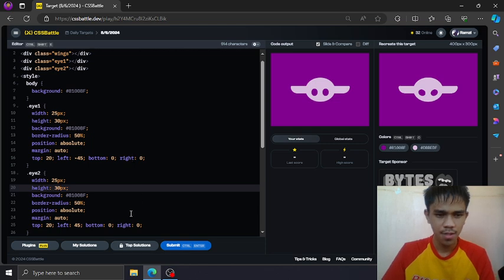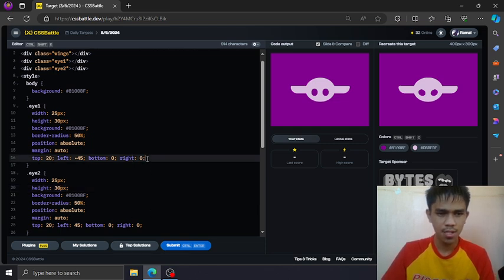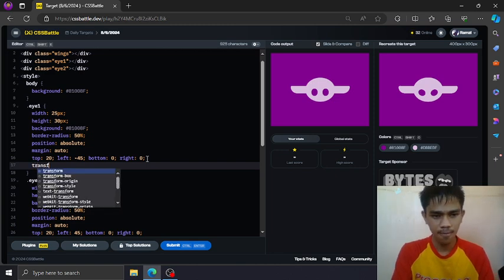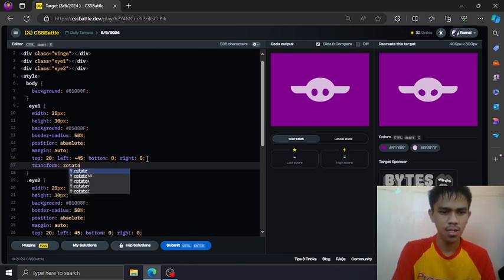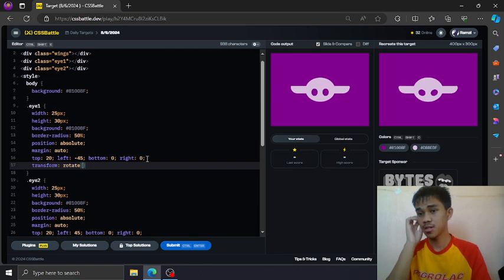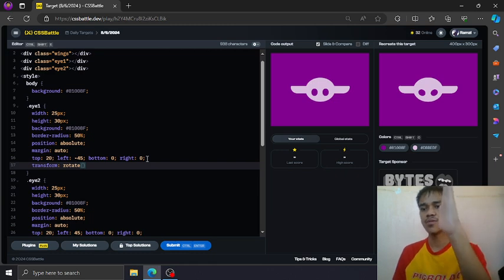Then you can just rotate this. Transform, rotate this 45 degrees. So this is the original transform, the original rotation.